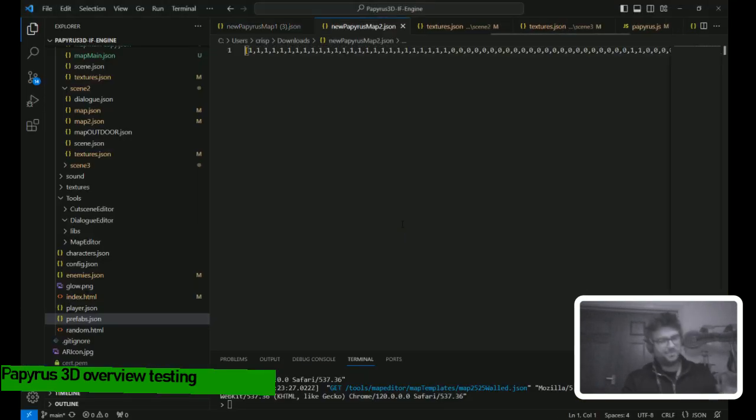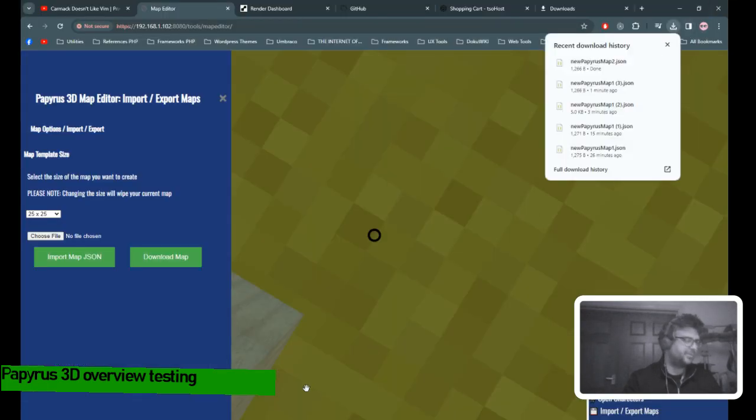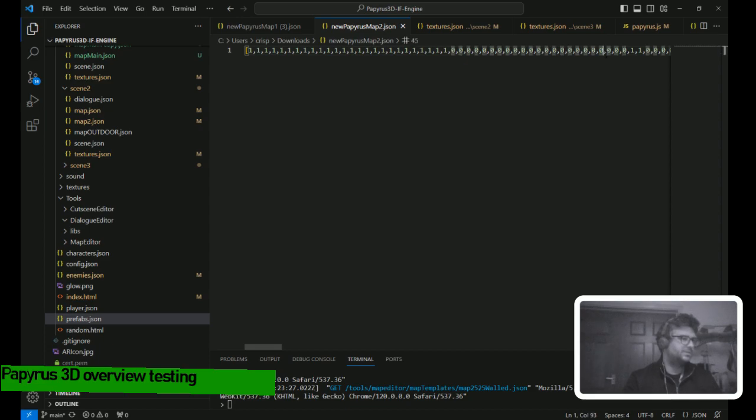Like I said, it is a bit janky. I'm trying to do my best of it, but it's quite difficult, I think. So look, Papyrus, yeah, that's that one. So this will be the one I just did.